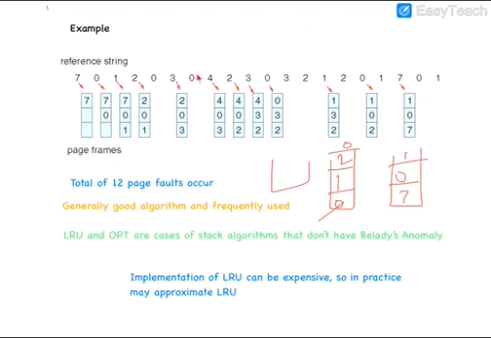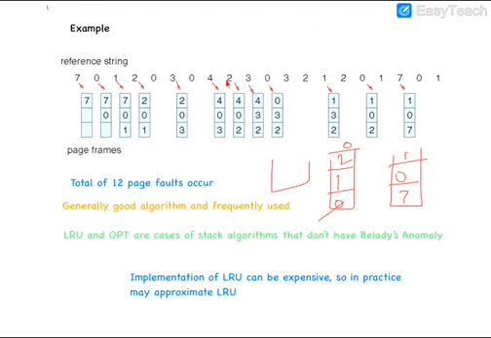So next, 0 comes again, so 0 is already present in memory, so no page fault. 4 comes and you can see that 0 is recently used, 3 is next recently used, but 2 was the oldest one, so 4 will be replacing 2 here. Next comes 2. Again you can see 4 is the recent one, 0 is the next recent one, and 3 was the oldest one, so 2 is replacing 3.